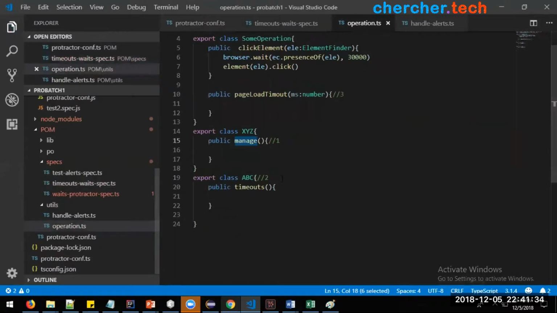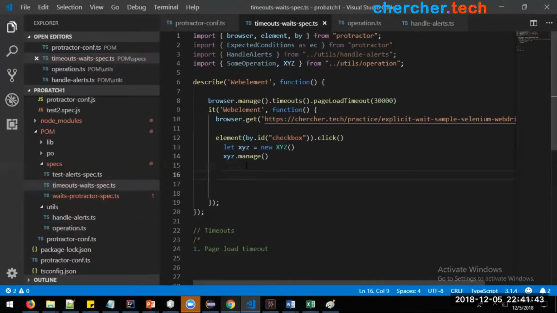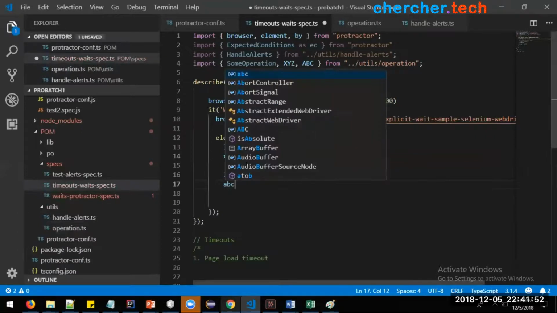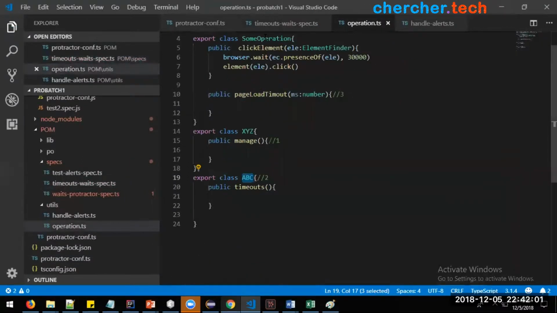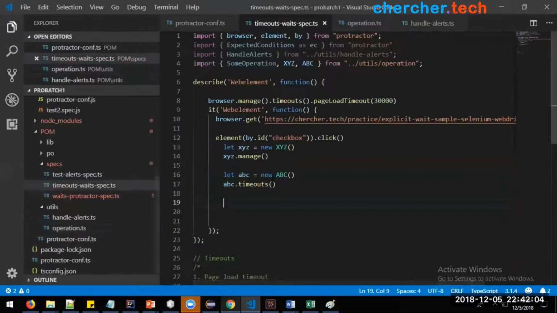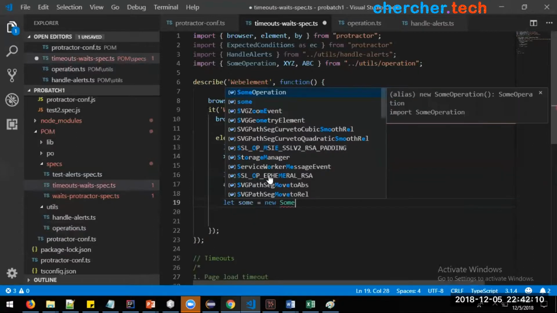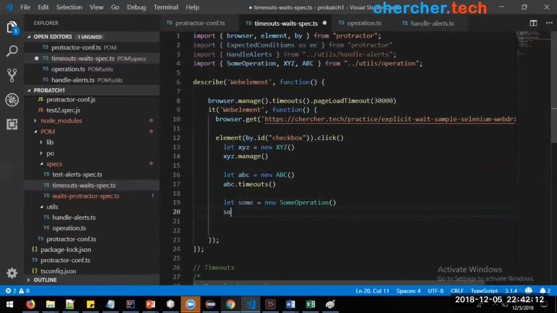So how can I call this timeouts now? Can I create an object to ABC? Okay. So let's create object to ABC. Let ABC equal to new ABC. ABC dot timeouts. So how can I call this one, the page timeout? Can I create object for sum operation so that we can access it? Let sum equal to new sum operation, and then again we have to call that particular method page load timeout